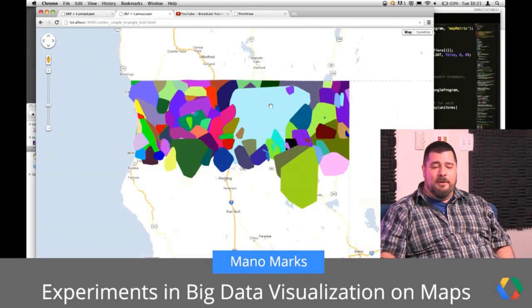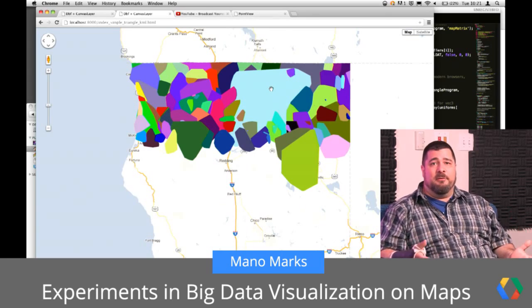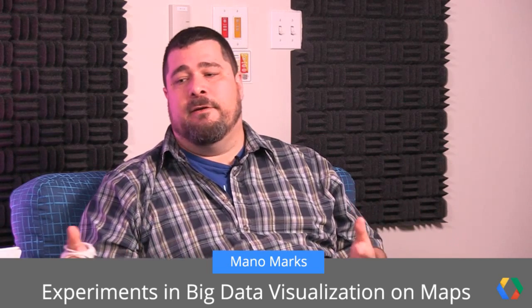So, Mano, we're getting close to our time here. Do you want to talk about kind of a higher level view, like why is this interesting? Why would we want to do this sort of thing as opposed to just loading your KML as a KML layer? So one thing to think about is this difference between server-side rendering of layers and